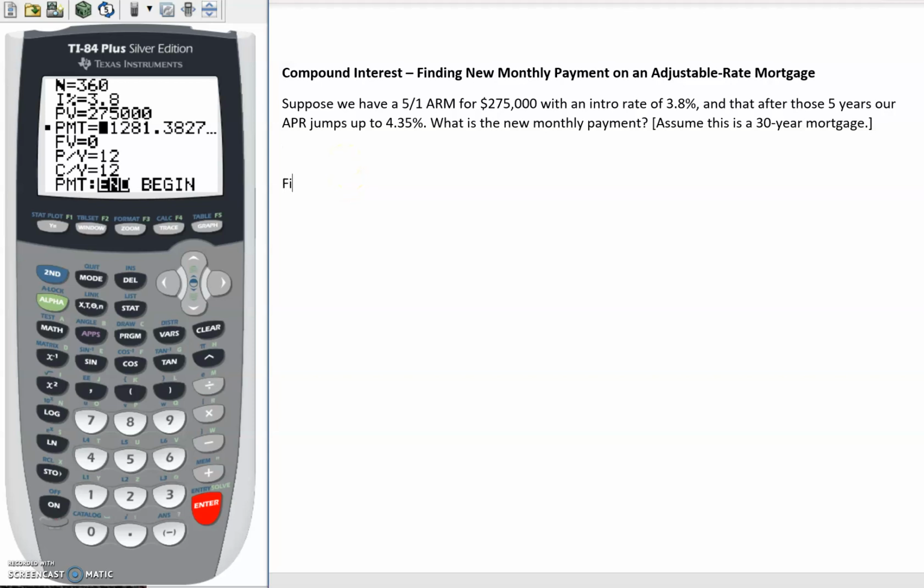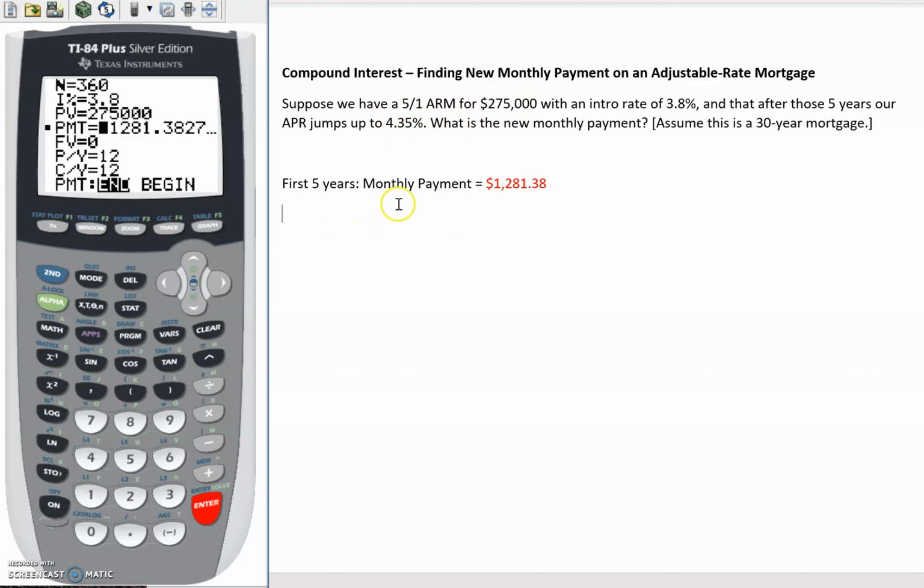So the first 5 years, our monthly payment is $1,281.38. Now we do want to be careful about rounding. When we're doing things in the calculator, anytime that we round a value and use it again, there's going to be a little bit of a difference between using this extended value and using the rounded value. Okay, so the first 5 years we have this monthly payment, $1,281.38. We have to go through that process to figure out our monthly payment once the new rate kicks in,